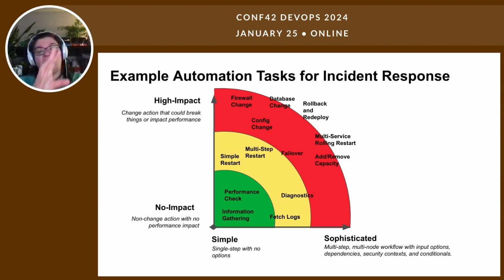So thinking about the incident response context, the things in the green are super easy, maybe, and you might actually already have access to them. It's just a matter of putting them somewhere more easily available. Things like just info gathering: memory, CPU, error messages, a performance check, that kind of thing. Getting out into the yellow, things get a little bit more complex, and we might need some help from our environment for startup restarts or multi-step restarts, or other more complex diagnostics, like maybe Kafka's pushing something wrong or there's a weird error message there.